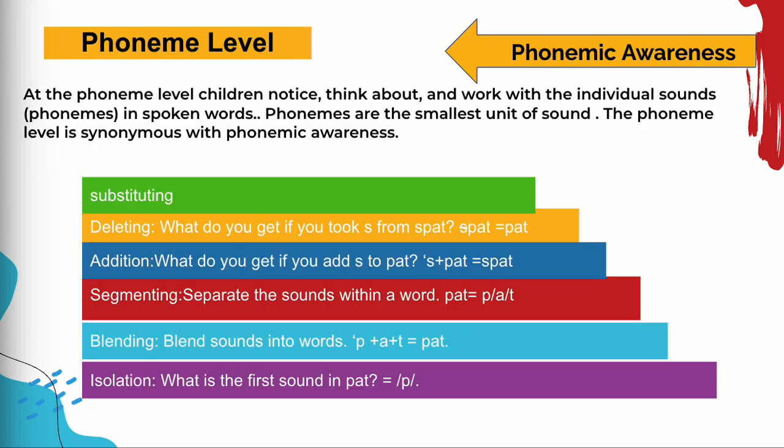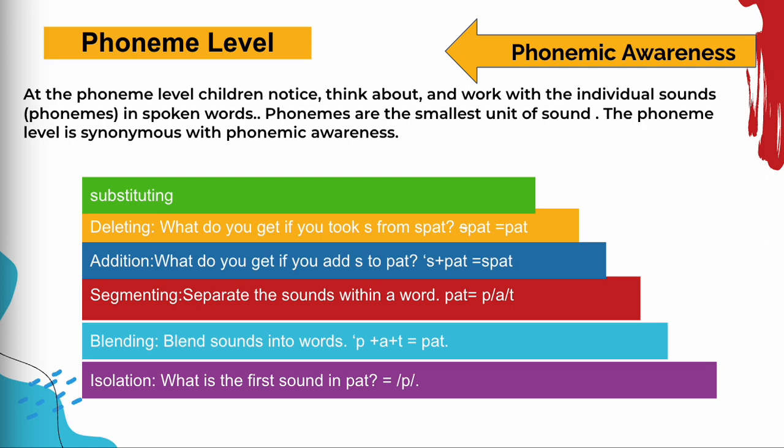Phonemic awareness is the ability to hear and work with individual sounds or phonemes in spoken language. Phonemic awareness is a subcategory of phonological awareness. It is the conscious awareness of phonemes, which is the smallest unit of sound in a spoken word. There are 44 phonemes in the English language. Phonemes combine to form syllables in words. For example, the word mat has 3 phonemes, m, a, t. The 44 phonemes in the English language include sounds represented by letter combinations such as f,